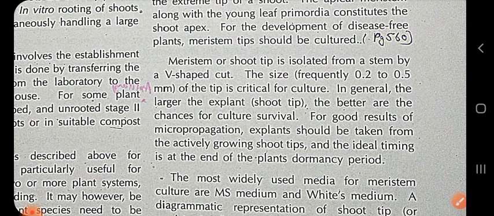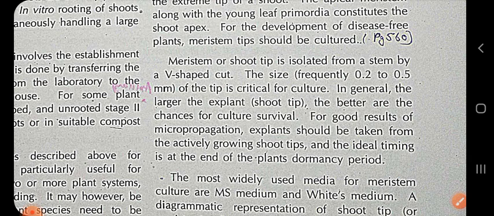Evergreen forests are different, they grow all the time, but the deciduous forest trees, at a particular season they shed their leaves, right? And in the spring season their leaves regenerate and they bloom their flowers, right? So we have to take the explants during that period,